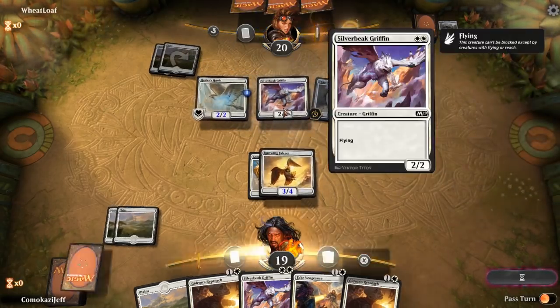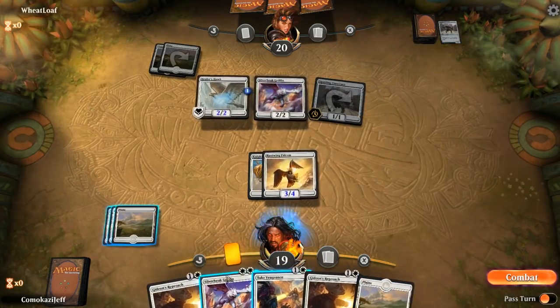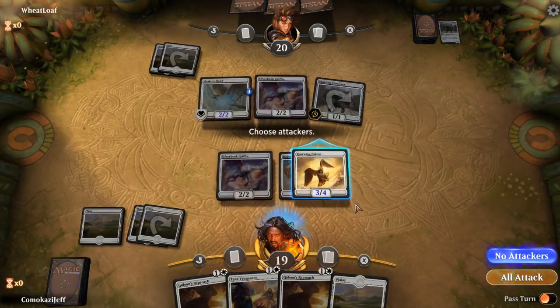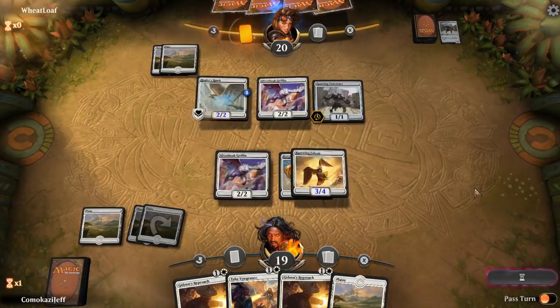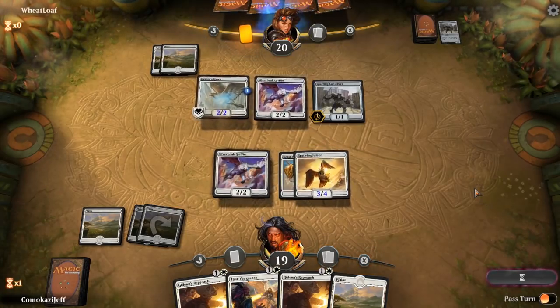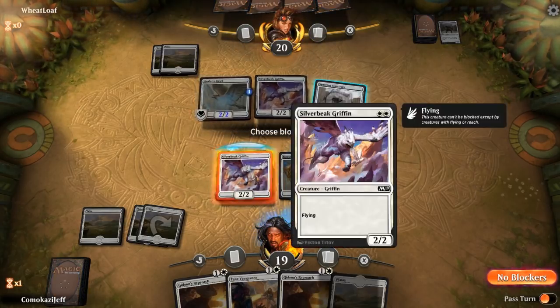And Silverbeak Griffin. Alright, so playing the mirror match for sure here. Let's play our own Silverbeak Griffin. And no attackers. And we have quite a bit of removal here. We're kind of waiting for them to get to a point where they can do stuff. So we're going to go ahead and...